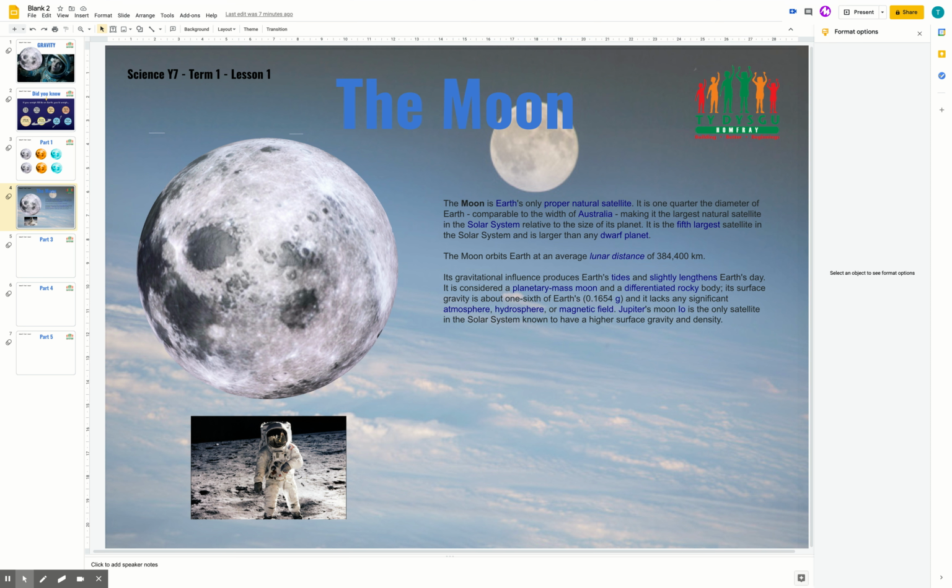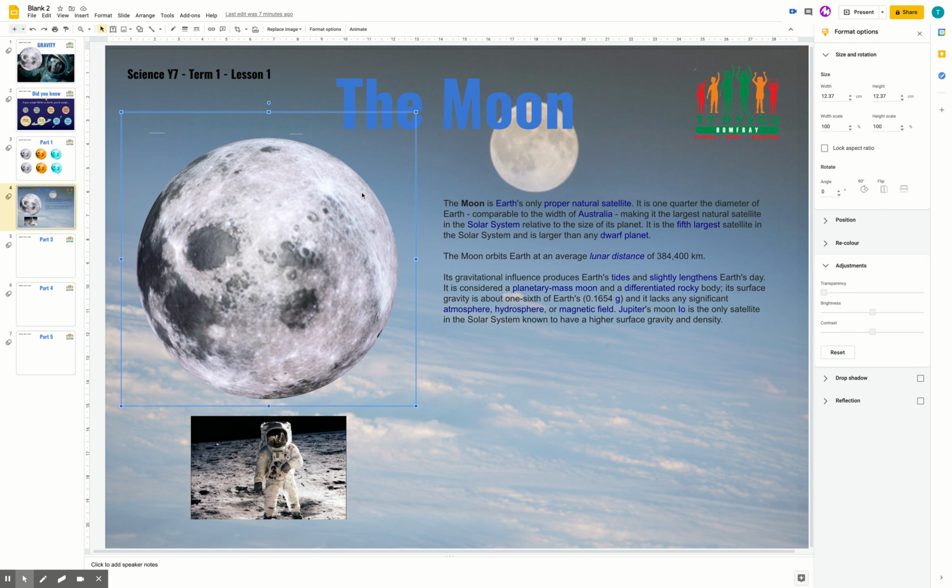Following on from the last video, we're going to go through the format options in slightly more detail, just to show you what is available within this tab. So I'm going to click on my moon item now. What you'll see is it's pretty much got a transparent background, but apart from the two little lines, which you can see are just at the top right